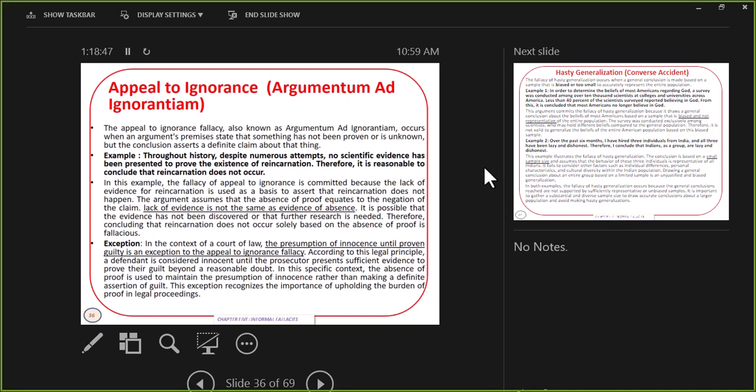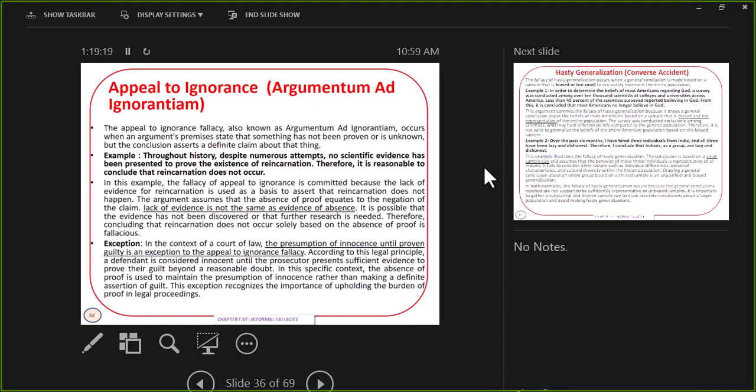Throughout history, despite numerous attempts, no scientific evidence has been presented to prove the existence of reincarnation. Therefore, it's reasonable to conclude that reincarnation does not exist. Or, it's reasonable to conclude that reincarnation does exist. They're what? Equally fallacious, because the premise asserts that nothing has been proved or disproved, but the conclusion asserts as if it's known. Right? You can see a clear contradiction between what the premise states and what the